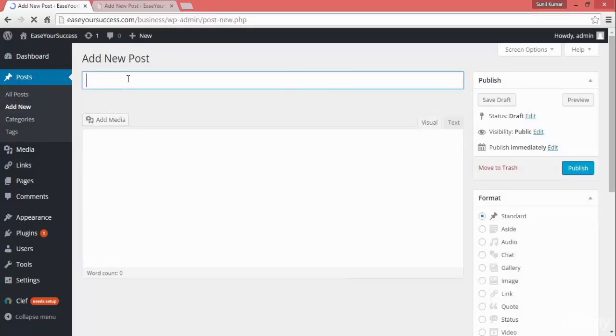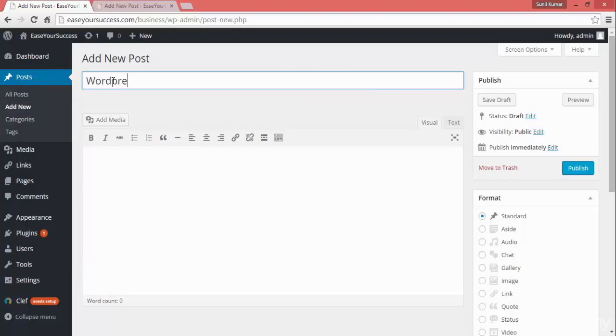Here you can write the WordPress post heading. Suppose I want to create a WordPress 2015 post title, and here you can write whatever you want.